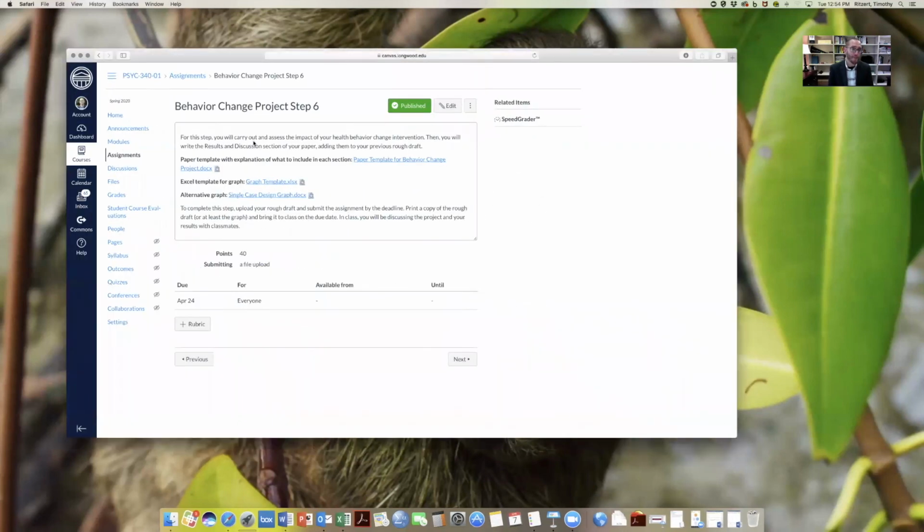So to summarize, for step 6, you're going to write a results and discussion section, a draft of those sections, add them to what you've already written. Be sure to have a reference section as well. You'll also be including a graph. Whether you complete it by hand, take a picture and paste it into the document, or you use the Excel template,